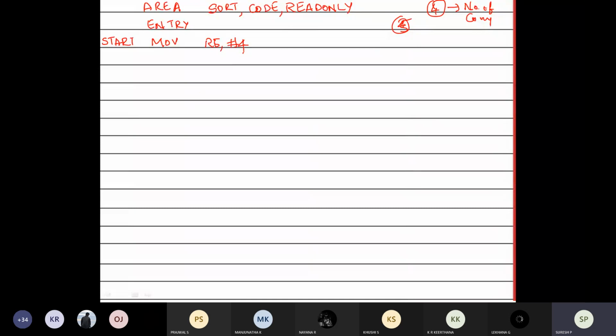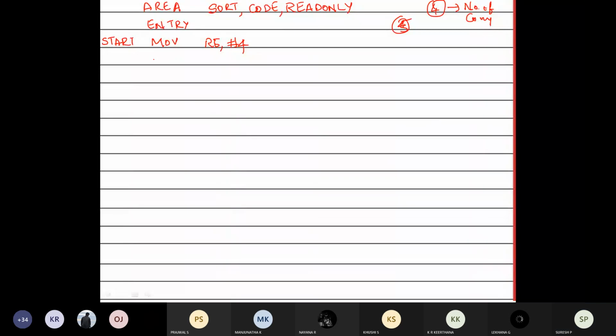Next, I need to get the element first, that means the array value, as we have seen in the array elements. The array elements will be stored in some memory location, and I require that memory location address. To get that particular memory address, what instruction do I need?